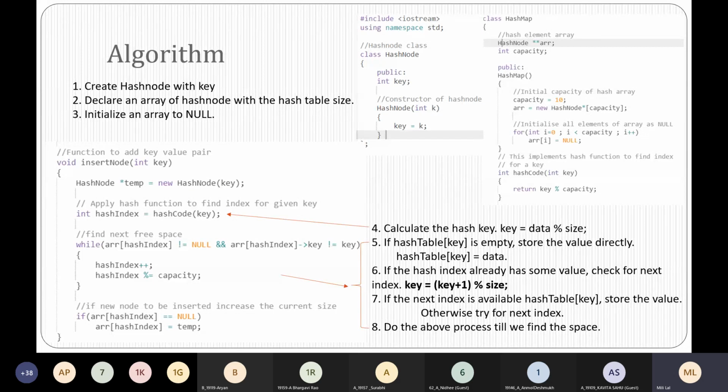After that, for placing the object inside the array, you have to calculate the hash key. For that, you're using the modulo division method. So inside the function int hash code, you're using key modulo capacity, which will return you the index of the hash table where you have to place the value.